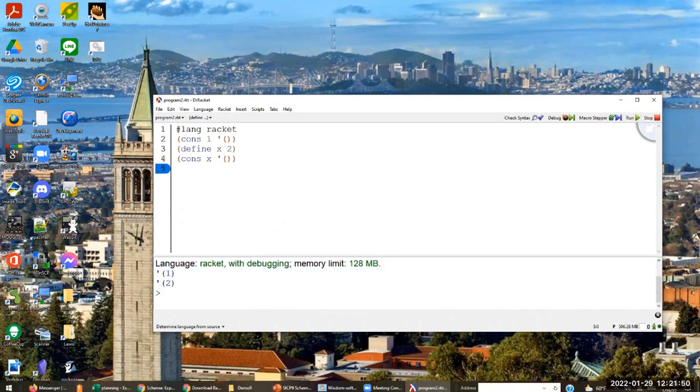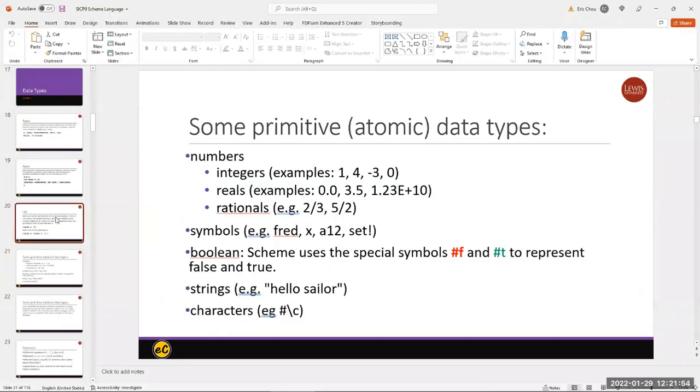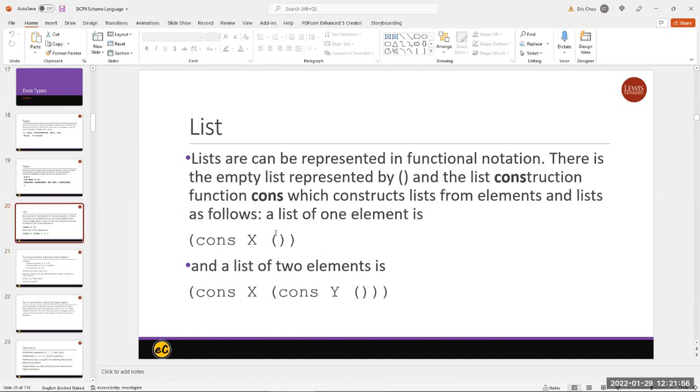Okay, that will be constructed. This is different from the Lisp language. In Lisp you do construct, and here you don't have a comma. That is okay, but here you do need to have a comma. Then that one will not be evaluated. So here, if you want to construct 2 elements, then what you should do is